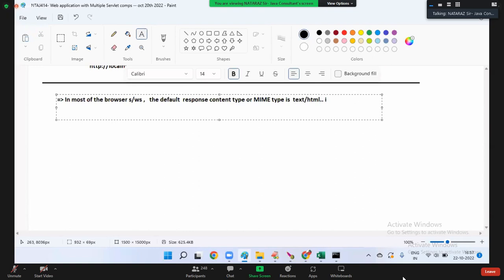That means, if the web component sends response content to the browser software without having a response content type, or MIME type,